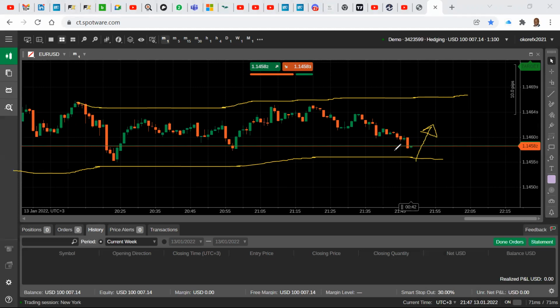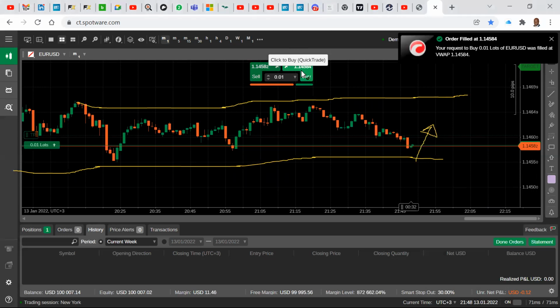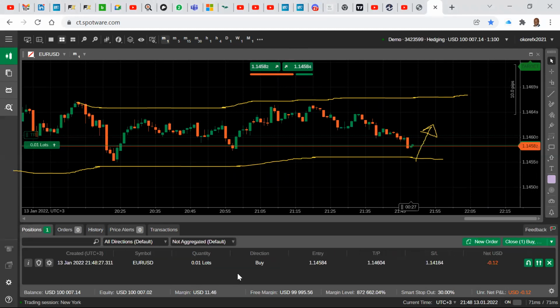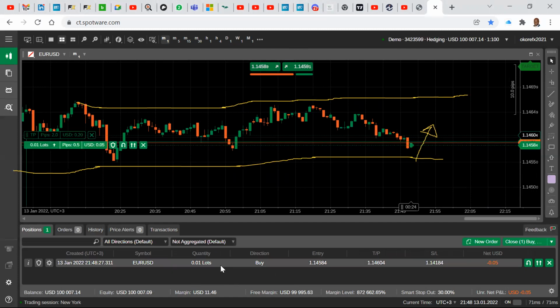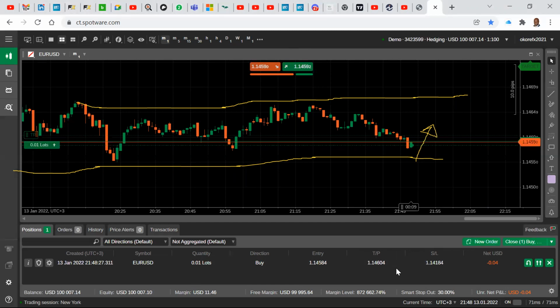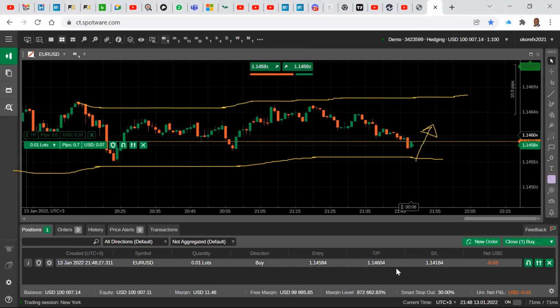Wow, we have 2 minutes. So how do we enter this trade? Buy. We just click on here. If I click once, it will be 1 trade. And if you look at positions, we already have 1 trade. So automatically it has registered 1 trade, 0.01, with the take profit and stop loss. And this is orange. When it becomes green, it means it is in profit. And that's what you're seeing there. It's almost going to profit.